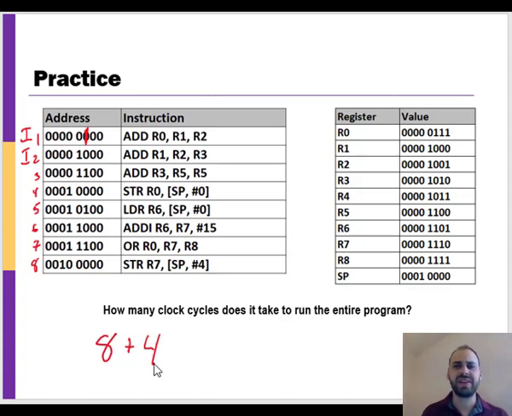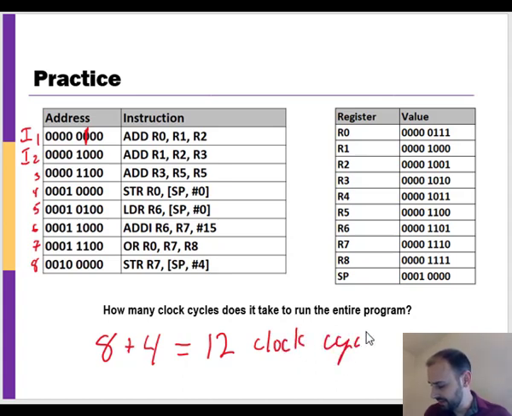So you think about this, it takes 5 clock cycles for 1 instruction to run, okay? Once we've run 1 instruction, then they're going to happen all back to back. So in this case, it's nice and simple, 12